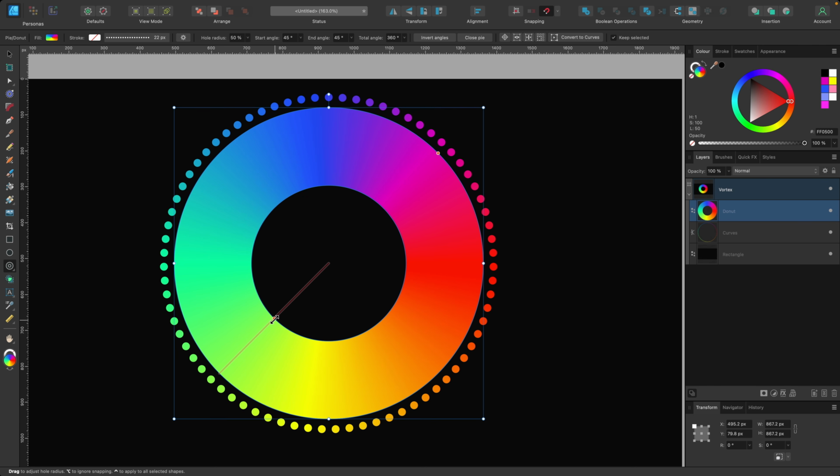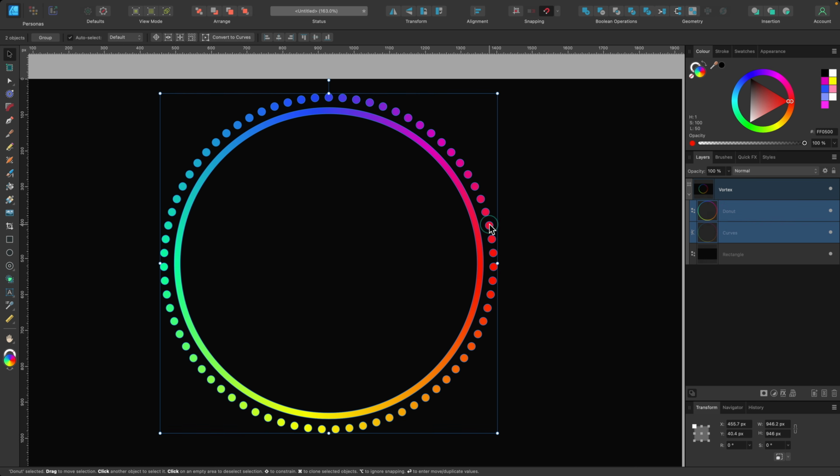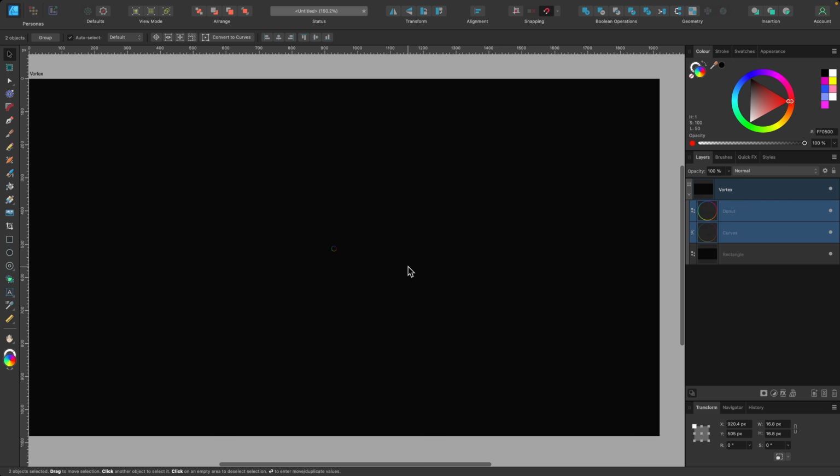From this point, there's these little red nodes. I'm going to click on that and just drag it out because I only want a little slim line here. That's about it. So if I select both of these shapes, all I have to do now is just scale it down, and then we can start experimenting.